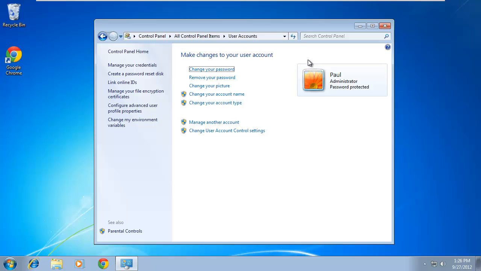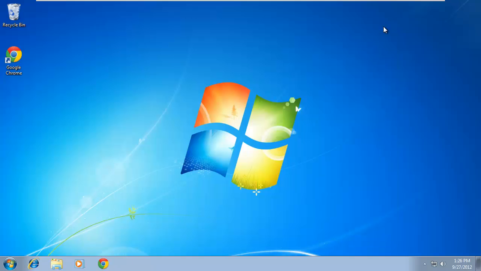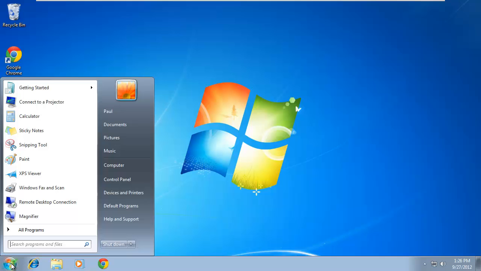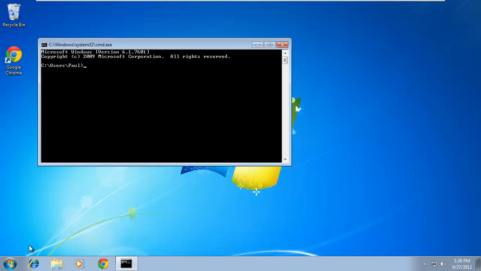Okay, so now that we have this account, once we turn on the computer, it might prompt us to log in or whatever. We're going to make a change here. Now, because we didn't set up a password to begin with, it's not a typical way that we're going to be changing it, so just sort of follow along. I need to go to the command prompt for this, so I go to Start and then Command Prompt, or CMD, to get to the command prompt. And once I get there, I want to use Control